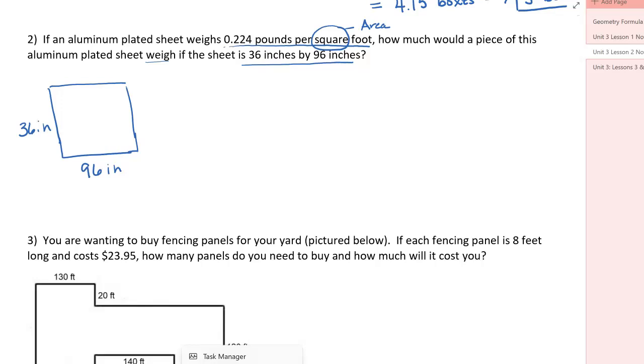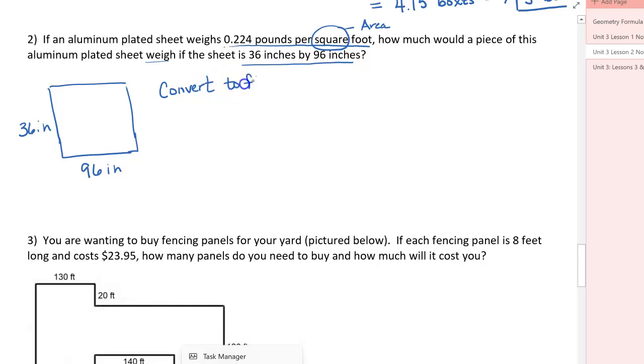Now, another thing that I notice is that the dimensions are given in inches, and the conversion factor I need to use is in square feet. Normally, I would say find the area first and then convert it to feet, but I noticed that both 36 and 96 are divisible by 12. So I'm going to do it the opposite way. Either way will work, but let's convert the given dimensions